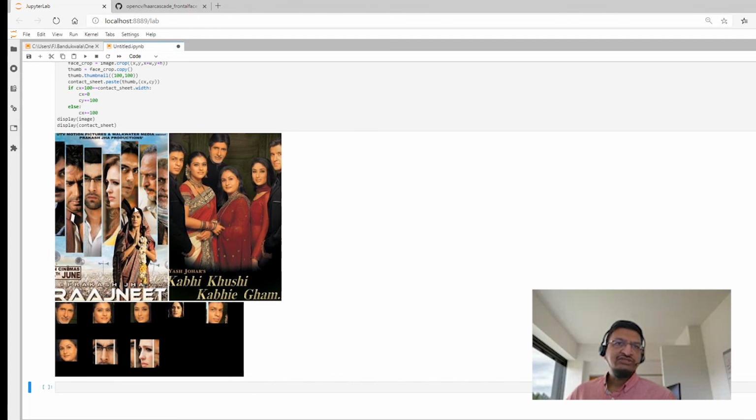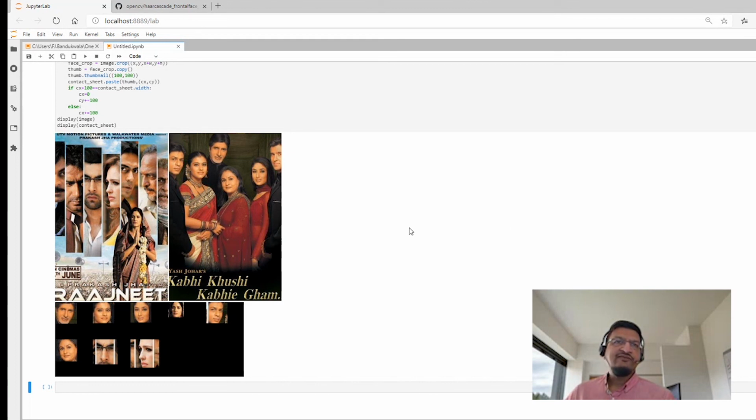It did catch this face and put it here. And from the other poster, which has very clear faces, it found 5 faces out of a total of 6. So it did not recognize this partial face, just like it did not recognize the slices of faces here very well.